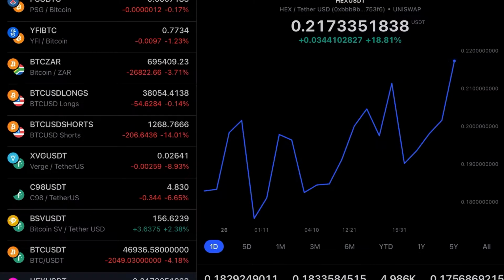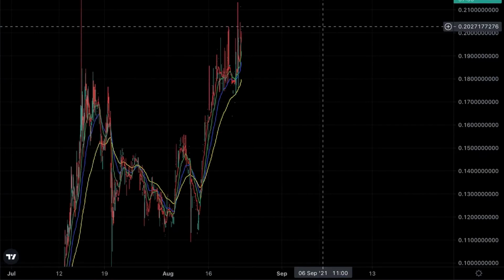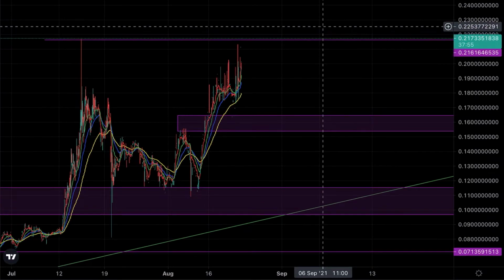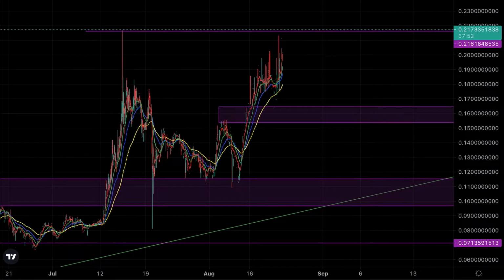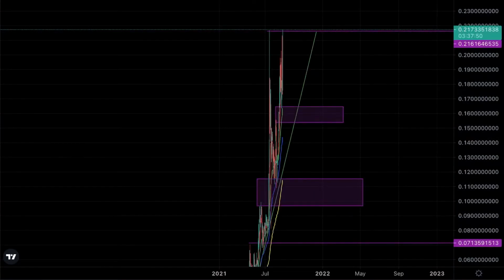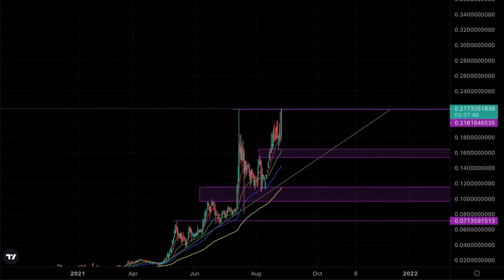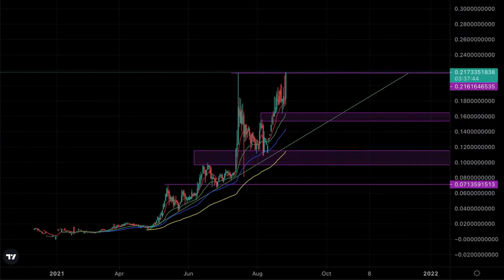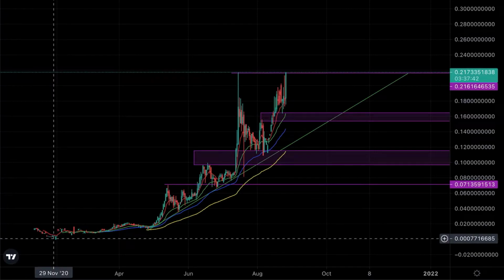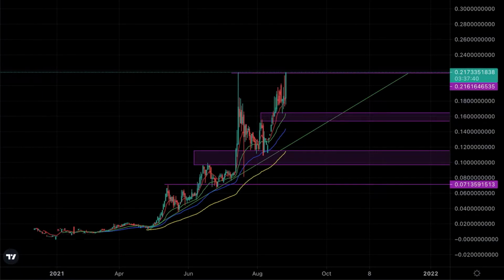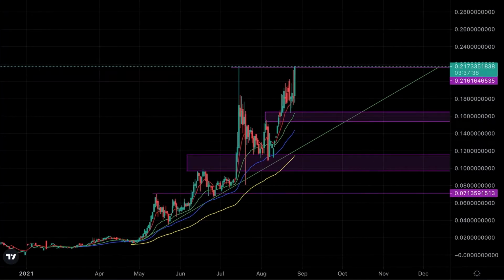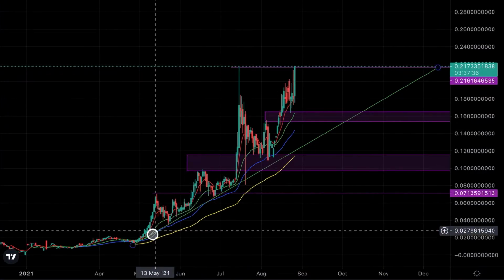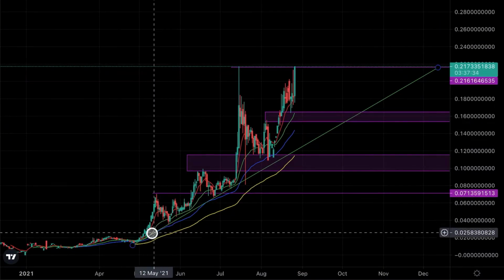So a student has requested that we analyze HEX coin. I'm not very familiar with this coin. I'm looking at it on Uniswap. Let me pull up the daily time frame. On the daily time frame here, it looks relatively new to Uniswap, coming in just before 2021, somewhere in November of 2020. So we can see a very strong uptrend line formed beginning around May 22nd,